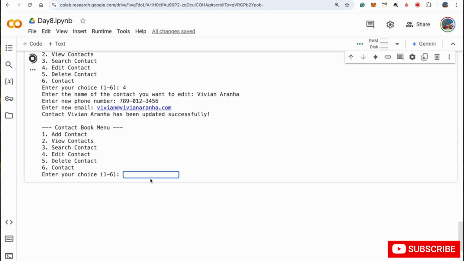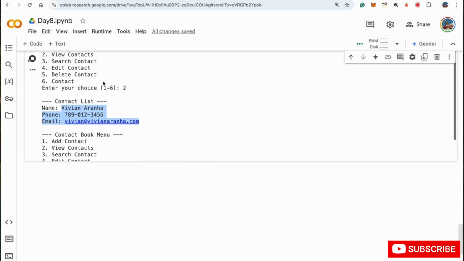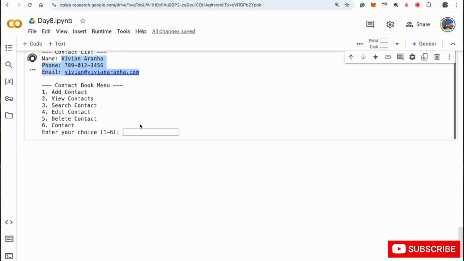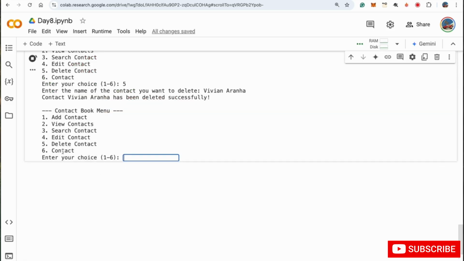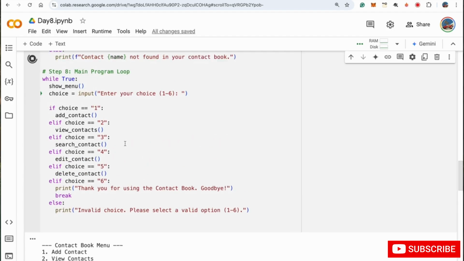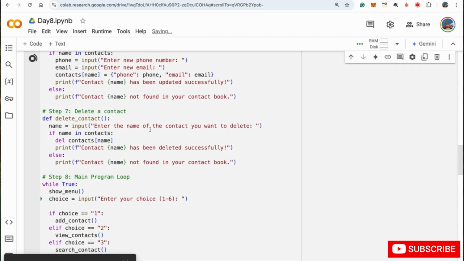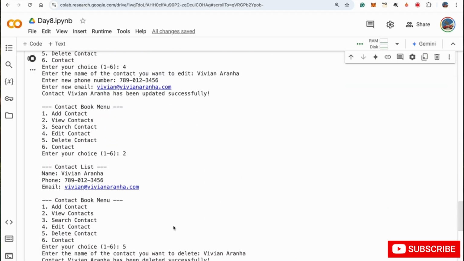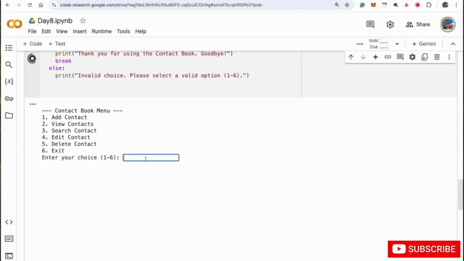Then I'll delete the contact, but let's look one more time at whether it saved properly. If you see, the new number and the email have been added. I selected 2. Next I want to delete it, so I'm going to say 5, and in this case it is supposed to ask me who I want to delete. I'm going to say Vivian Arana, and here I see that number 6 is contact. I think in the code I have specified contact instead of exit, but anyways I am going to go here, and it says contact. Okay, I'll stop it, run it again one more time, and this time I'll say